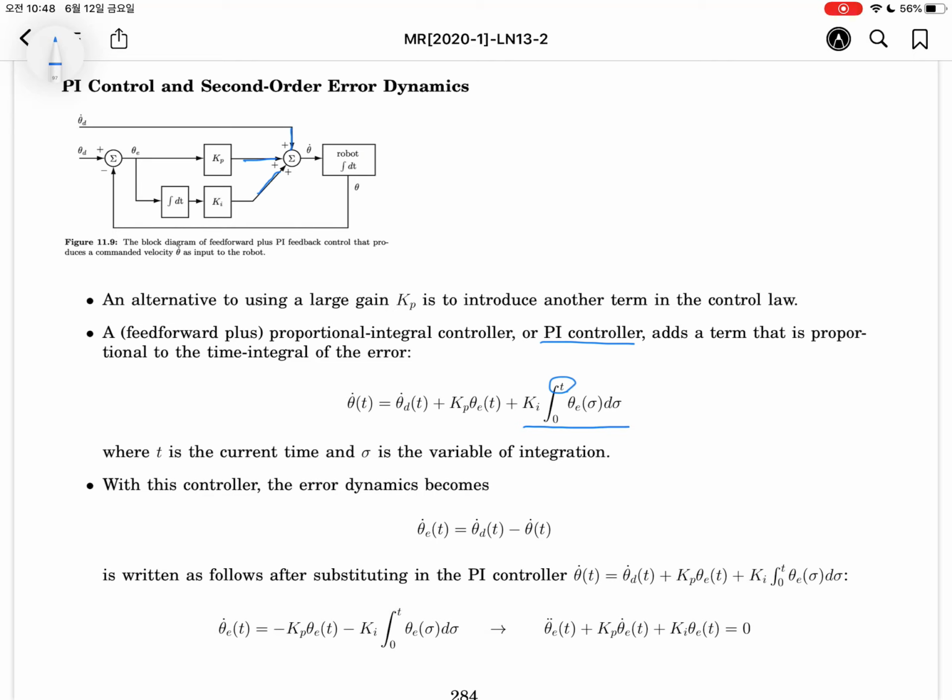Okay, so the area of theta E will be used to reflect the time history of theta E. Okay, with this controller, for the analysis, error dynamics can be obtained like this, and then theta dot is designed